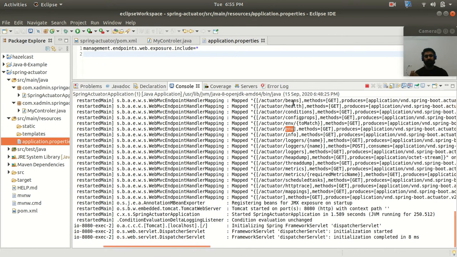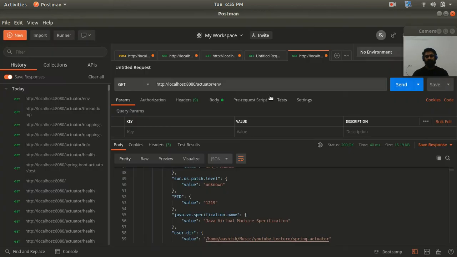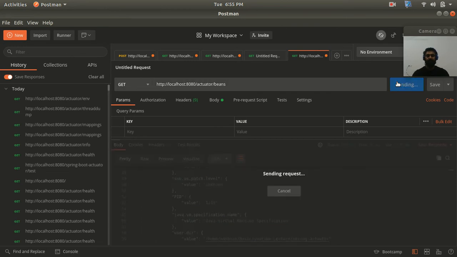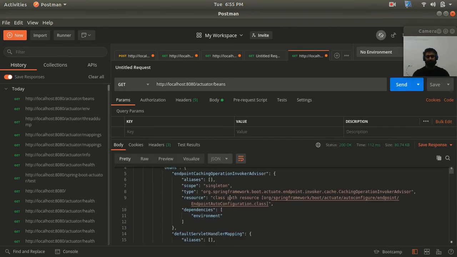Now we are going to check the other endpoint. Let's check the beans available to my application. So for that we have an endpoint with the name actuator/beans to access all the beans present in our application. All right,